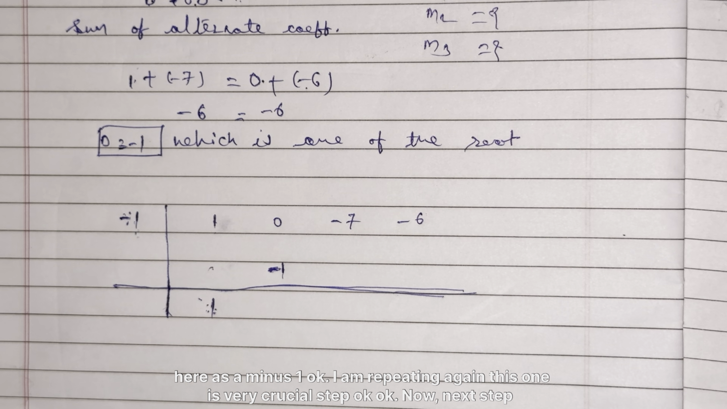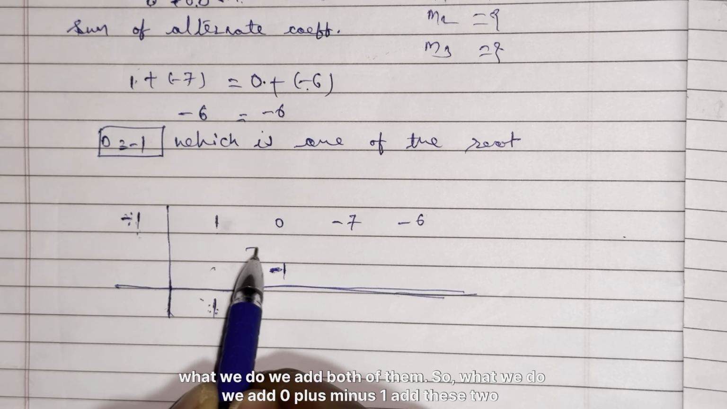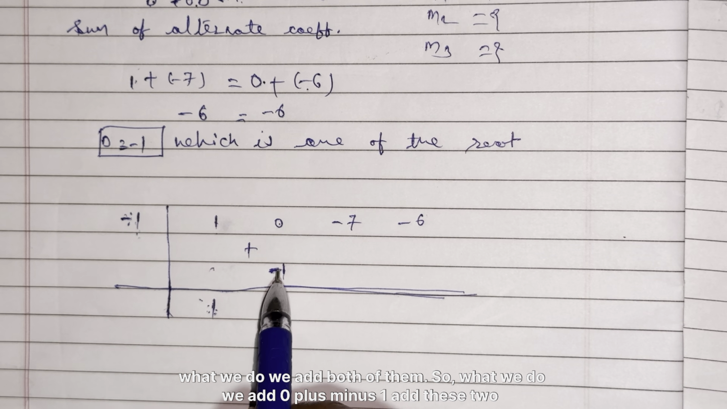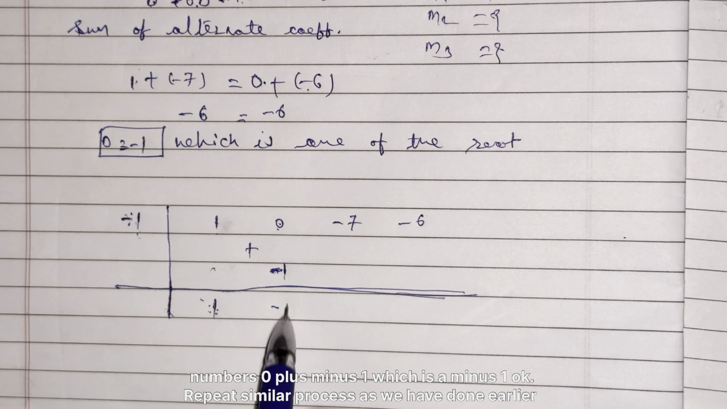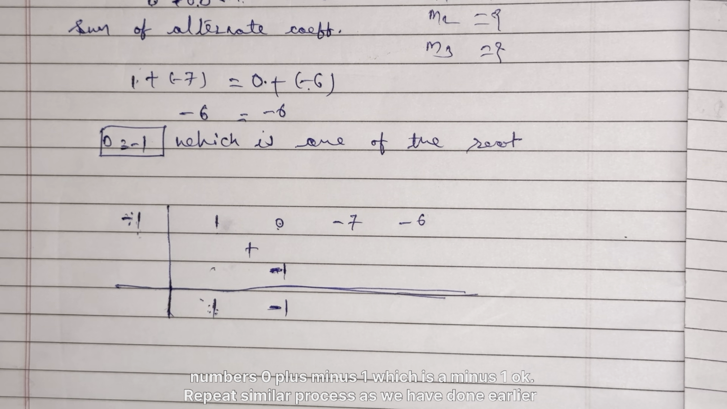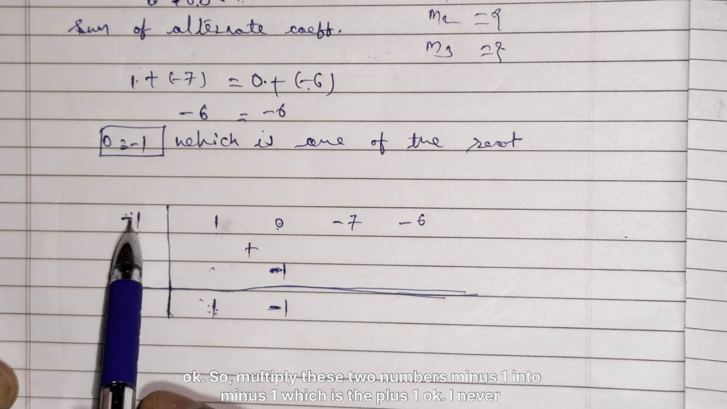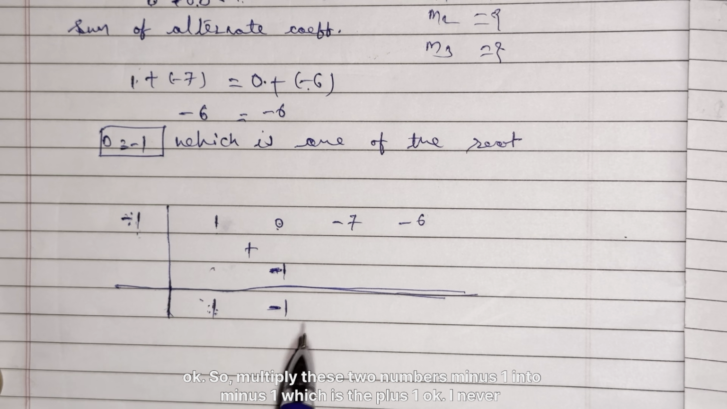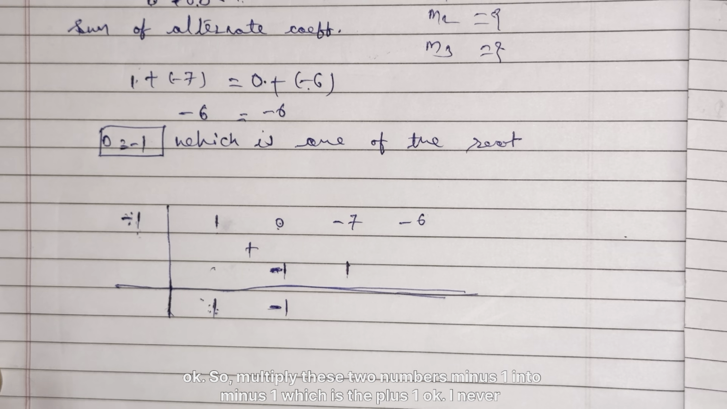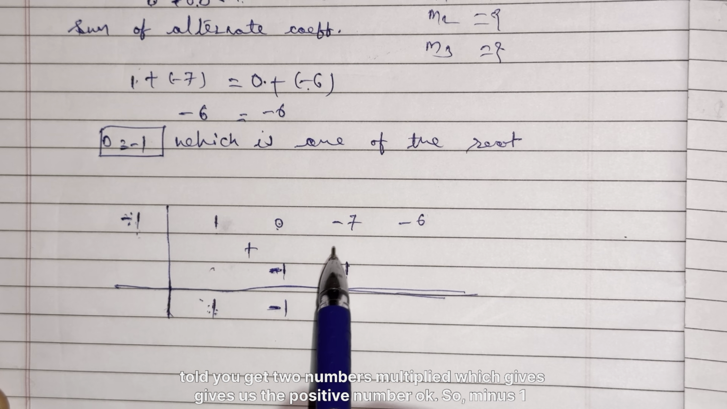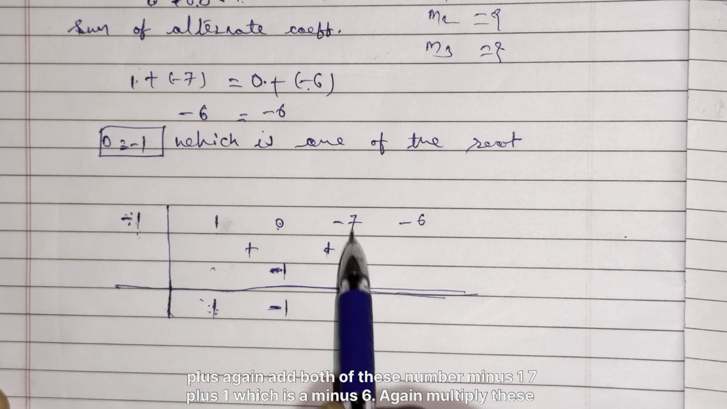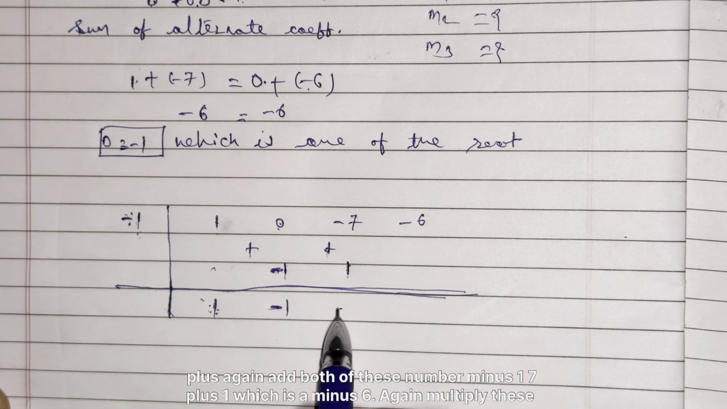Now next step, we add both of them. So we add 0 plus minus 1, which is minus 1. Repeat a similar process as we have done earlier. Multiply these two numbers, minus 1 into minus 1, which is plus 1. Whenever two negative numbers are multiplied, it gives us a positive number. So again add both of these numbers, minus 7 plus 1, which is minus